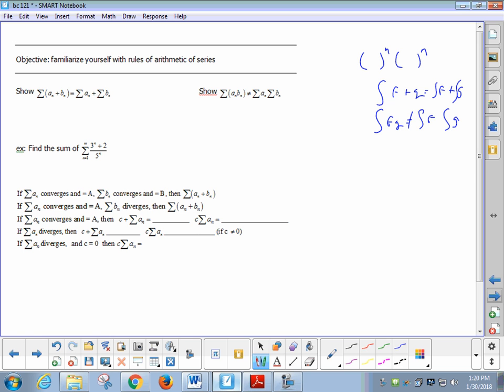It's helpful to think expanded notation. Okay, what's this equal to? When you put in n equal 1, let's assume it starts with 1, you'd have a1 plus b1. Then you would add to that a2 plus b2. Then a3 plus b3, and so on. Now, that's all addition. And addition is commutative. That is to say then that I could put all the a's together and all the b's together.